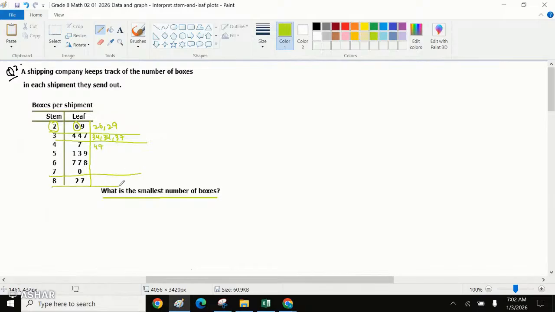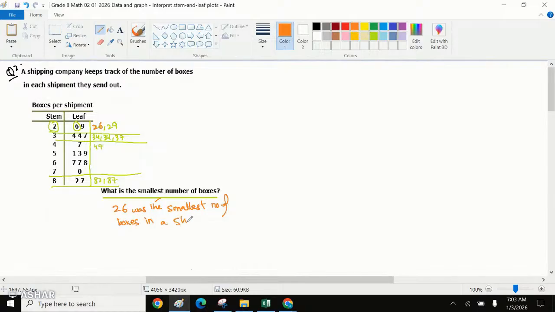Then at the end, we can write there were 82 boxes or 87 boxes in a shipment. So through this, we can say 26 was the smallest number of boxes in a shipment,